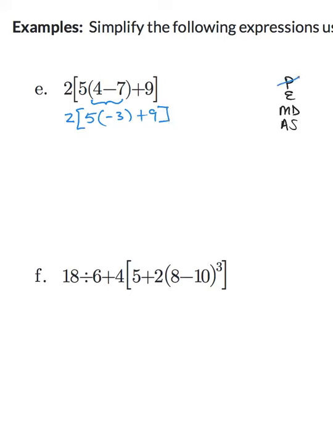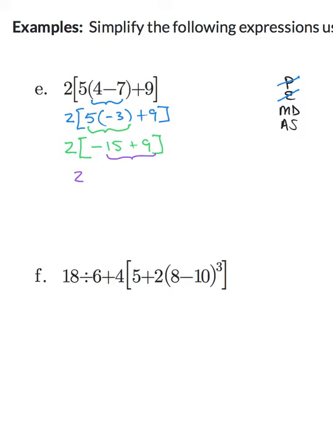From there, to simplify inside the brackets, I don't have to worry about exponents, but we do have multiplication. So I'm going to multiply 5 times negative 3 next, and bring down everything else. So we get negative 15 plus 9. My next step is going to be addition and subtraction. We can add negative 15 plus 9, and we get 2 times